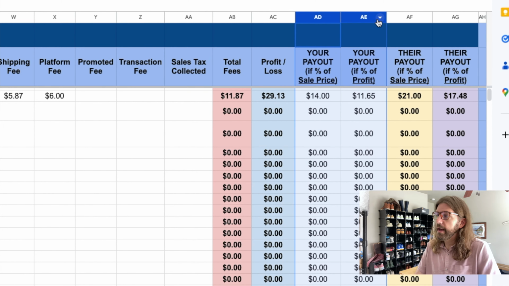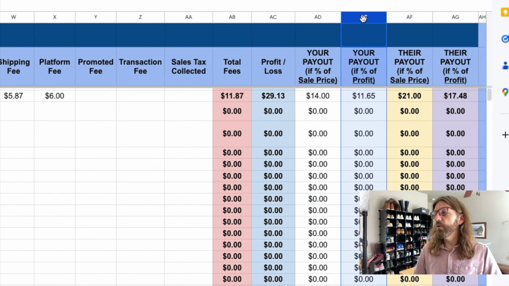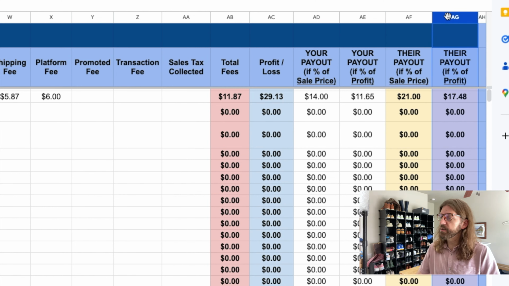These first 2, as you can see, are your payout. If your agreement is based on sales price, here's your payout, 40% of 35. If your agreement is based on profit, here's your cut. So that would be 40% of 29.13. Here's their payout if it's a percent of sales price, and here's their payout if it's a percent of profit